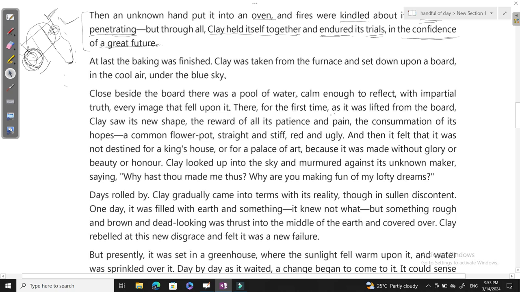Therefore, the first time as it was lifted from the board, clay saw its new shape, the reward of all its patience and pain, and the consummation of its hopes: a common flower pot, straight and stiff, red and ugly. See, though the flower pot got a new shape now, a new appearance now, when it